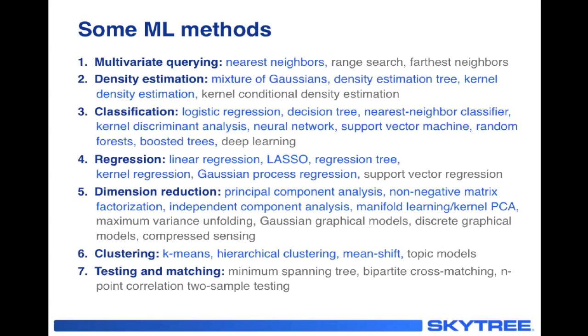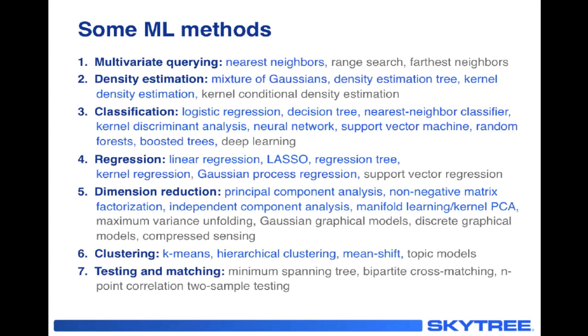Okay, so the first one, the most common version of multivariate querying is nearest neighbors. We won't talk about that because it's not really a statistical method per se, not really a prediction method. It's more, at least in this context, just a query. We will talk about nearest neighbor classification when we talk about classifiers. So density estimation,